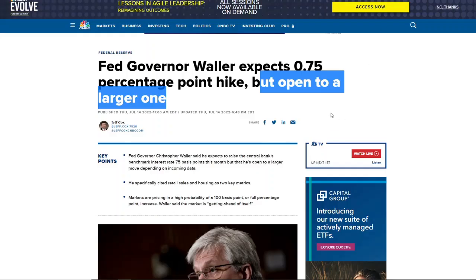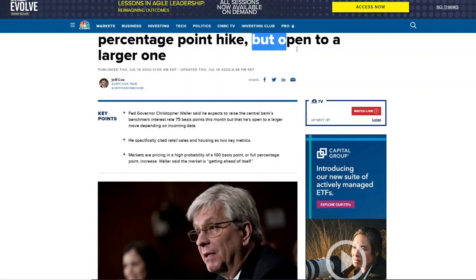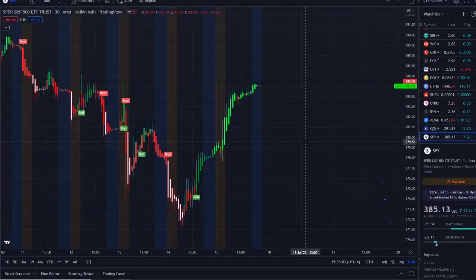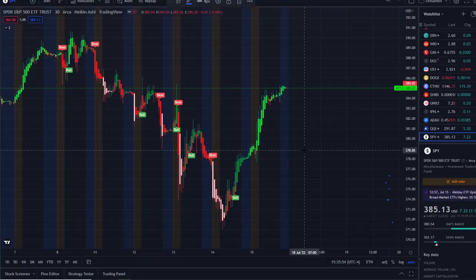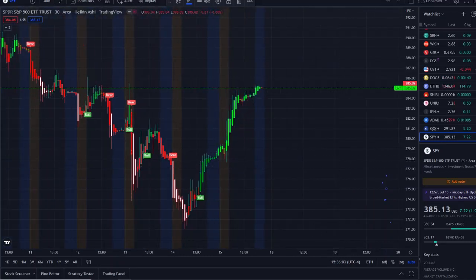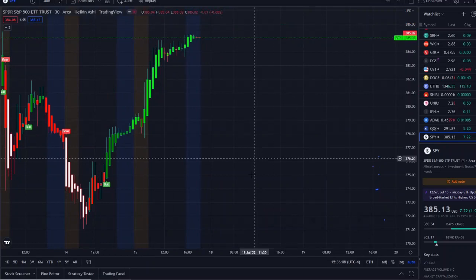Governor Waller's expectations of 0.75, but open to a larger one if necessary, and that could create even further volatility, because right now the market was pricing in 100 basis points, but then he stated it's getting ahead of itself. Now we're going back up to pricing in obviously the upward direction, 0.75 instead of 100 basis points. And if we get surprised by that, on top of oil going higher above $100 and even pushing away from it, and the 10-year treasury spiking above 3% and going up towards 3.1, 3.2, that is going to create and spark volatility. And I'm going to be watching 42 Vision to maximize if a bear indicator pops up or if